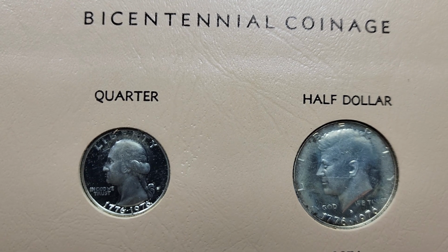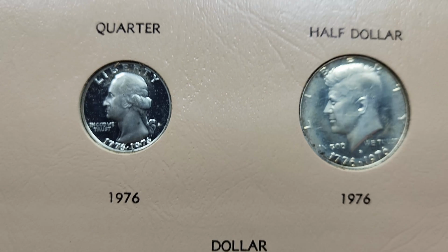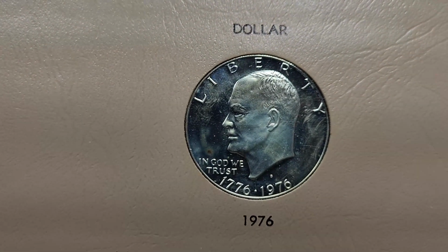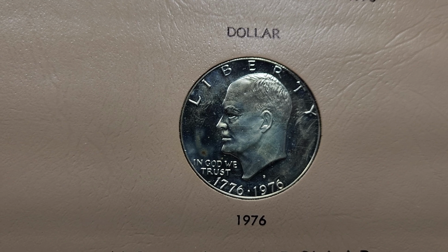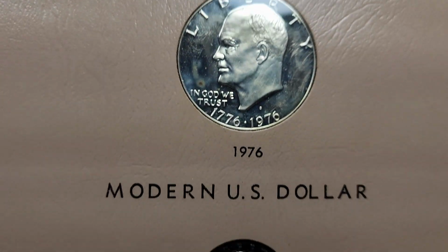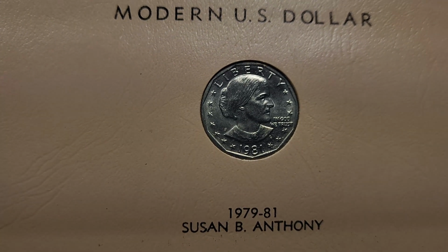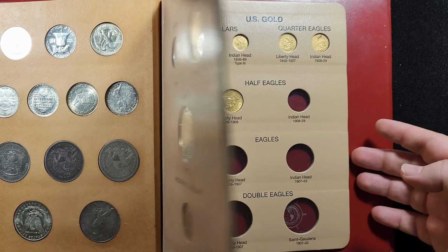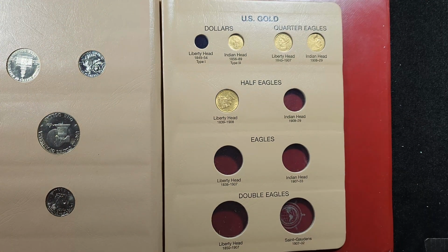On this second to last page, we featured a bicentennial coinage. So you have the quarter, the half, and the Eisenhower dollar, all 1976 San Francisco 40% silver proofs. And they also show a modern U.S. dollar, the 1981-S Susan B. Anthony dollar. And this page, too, also came from a later version of the Dansco 7070 album, and this is